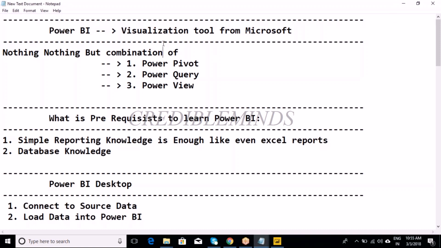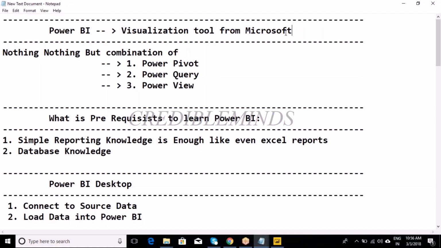So this is the notepad which I prepared earlier. I thought of opening and then reading it out, but anyhow, Power BI is nothing but a visualization tool from the Microsoft company, which is similar to tabular reporting. Someone asked whether tabular reporting has advanced features. Definitely the answer is yes, because the tabular reporting tool has been there in the industry, if I understand correctly, for more than 15 years now.